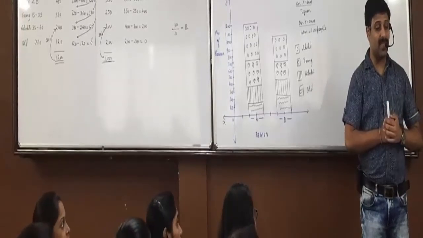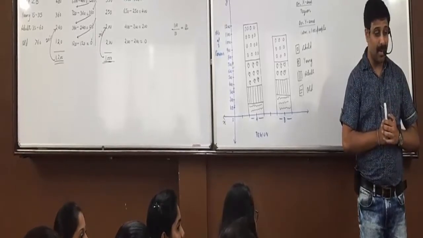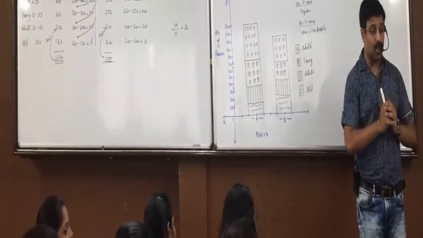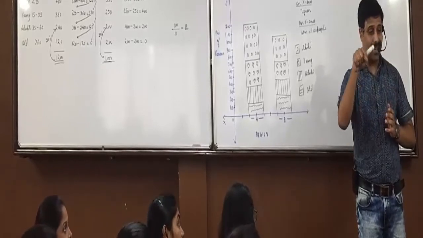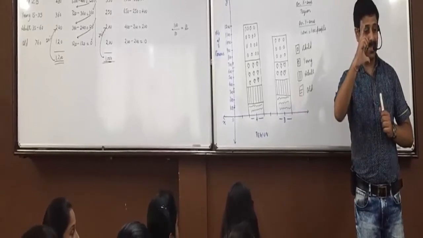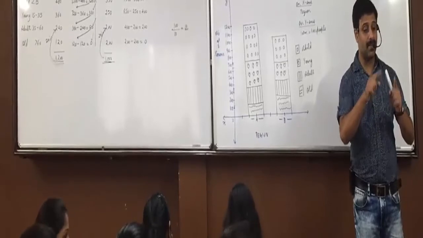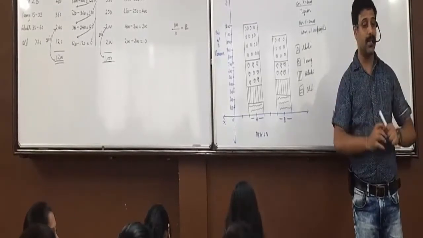You scored 35 out of 50. Can I say that Harmit has performed better? Can I do the comparison between you both? One height is 100, in that 40 part will be smaller. The other height is 50, in that 35 part will be bigger. When can you do the comparison? When you make both of them equal, that is.